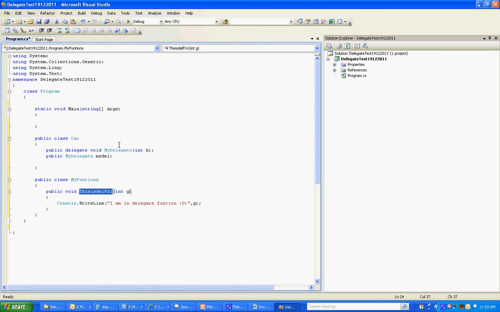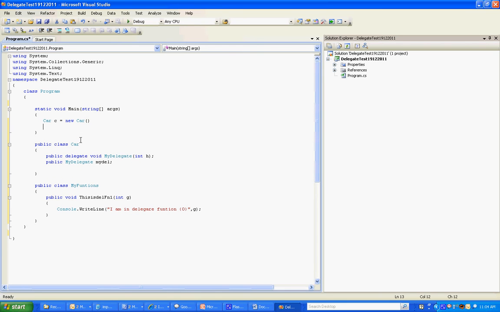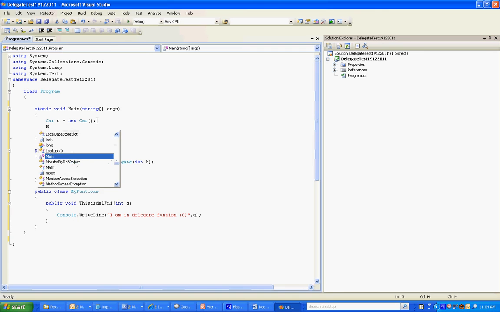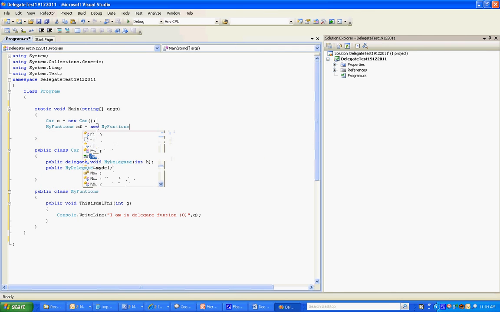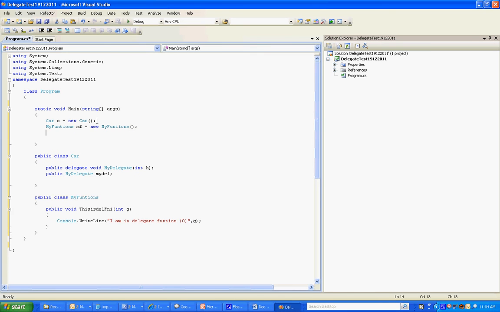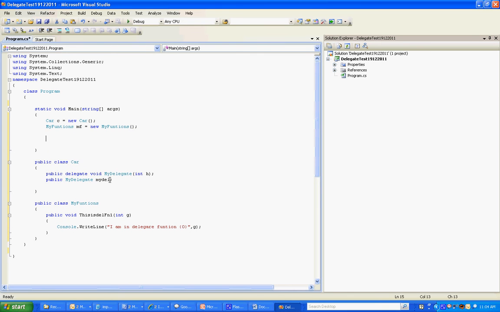So for that I have to create an instance of Car class. So I'll say Car c is equal to new Car, and if I have to use this function, I have to create an instance of this class because they are not static, and then I have to assign it. So I'll create instance MyFunctions mf is equal to new MyFunctions. Now if I have to hook this delegate, what I have to do is